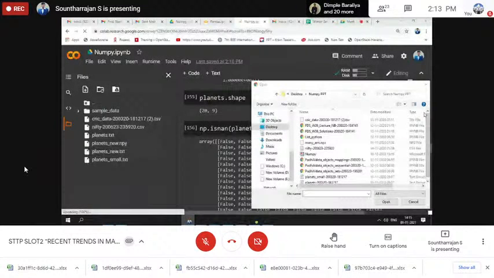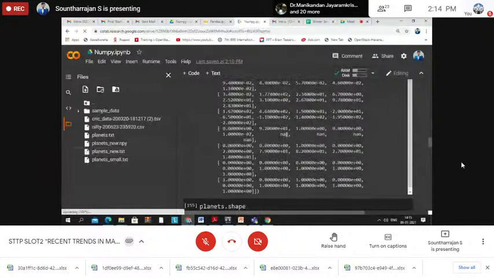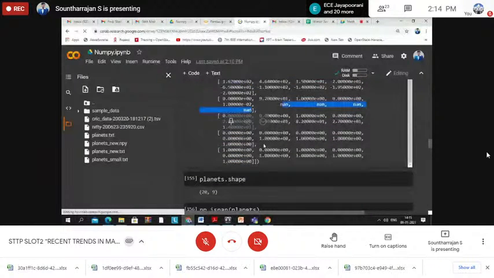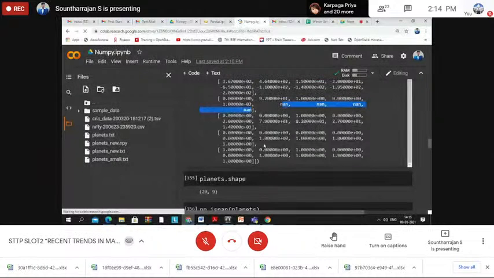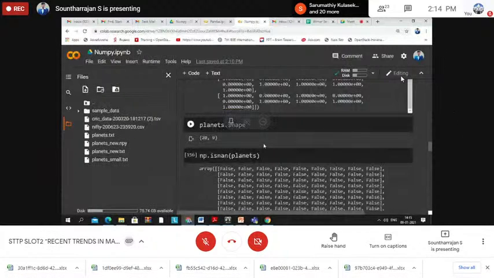Yeah, this is the planets.txt file. This is a text file, having some values representing the none values. So if you want to eliminate the none values, numpy does not have a proper mechanism to replace none values with some other numerical values. That is another problem. The first problem is that header values we cannot remove, then we can automatically remove the header values, and some none values we can remove. And the planets data,